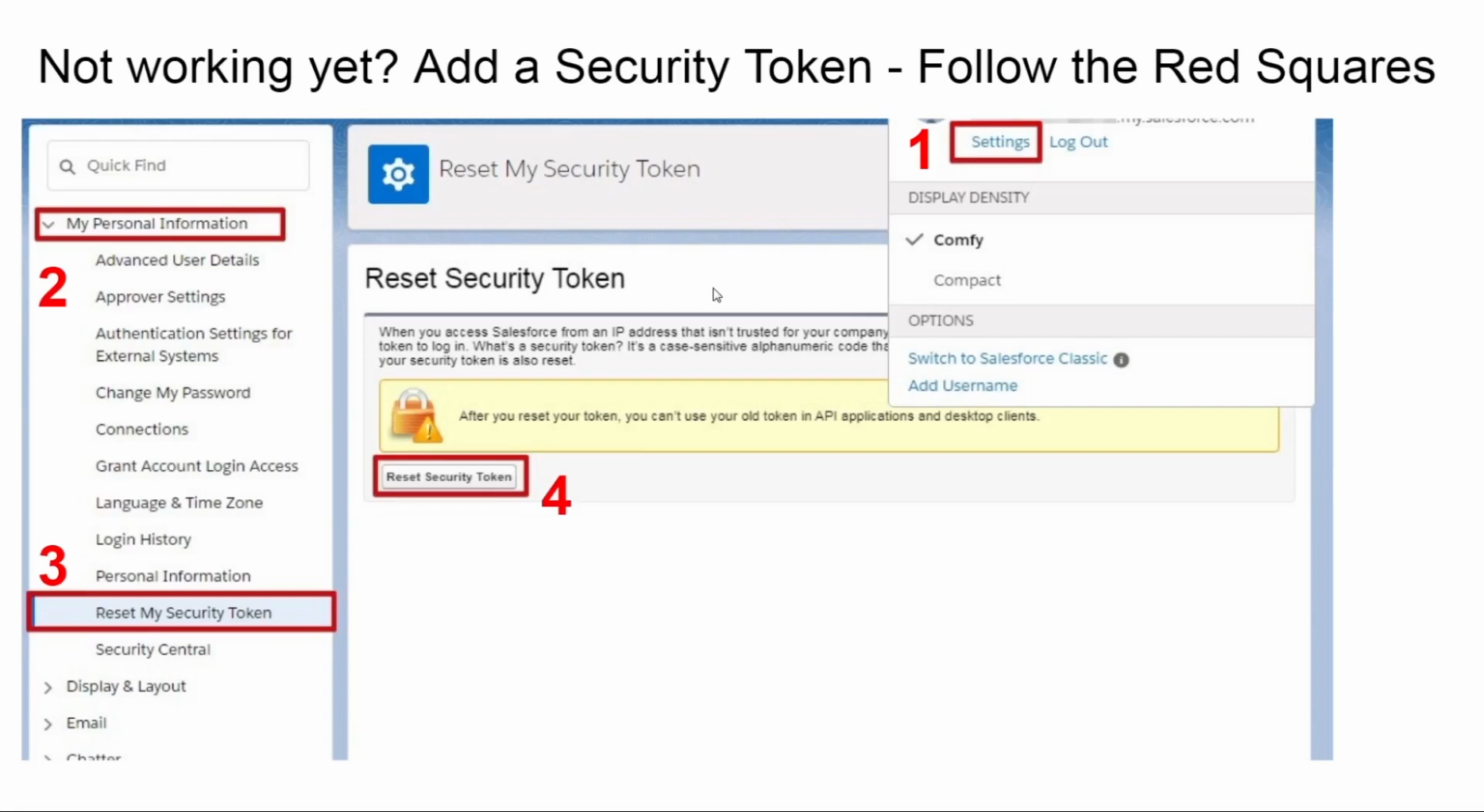Next, this is an extra thing. If your app is still not working, there might be something wrong with the IP range or other security settings. You can use this optional security token. It's not obligatory to use for this to work, but in some cases, when you're troubleshooting, you might want to